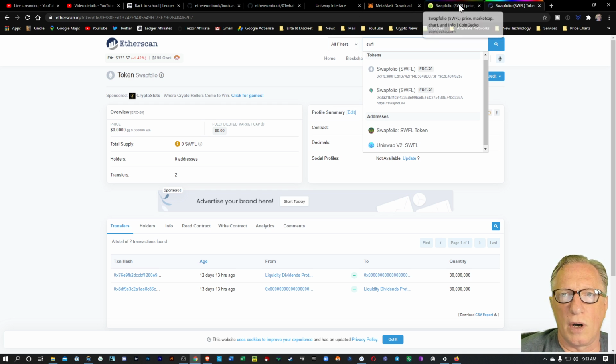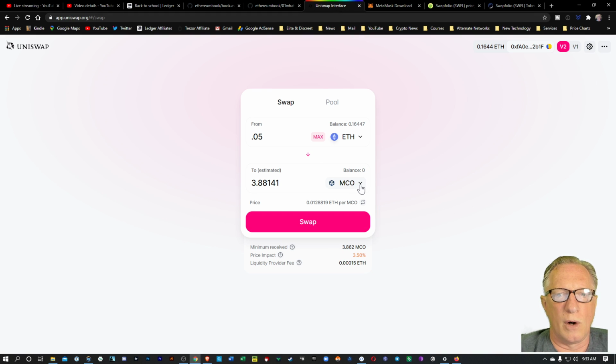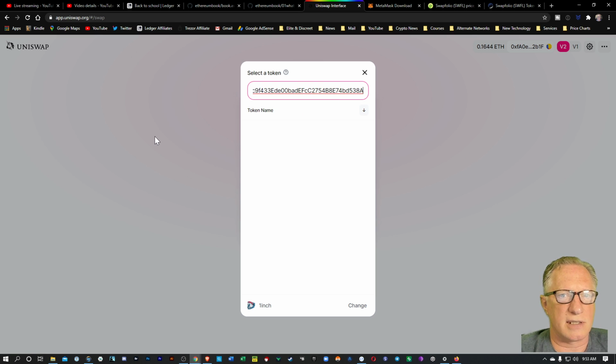So that's why you want to do your research, head over to CoinGecko, and check this out. Make sure it's the right one that you're interested in, and they give you the contract address right here. So now you know it's the exact coin that you're after. You don't want to buy a cheap copy that could be completely worthless, and then you spend your hard-earned Ethereum on nothing, right? So now when you go over here to Swapfolio, you can paste in the address, which is